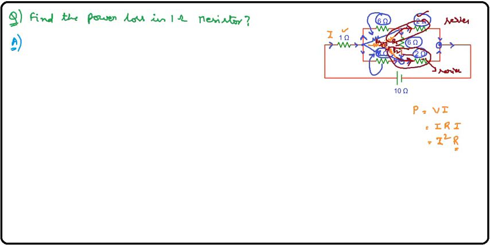Finally, this combination is in parallel with this combination. You can see the current is divided here for both the combinations, and the current is added again here. So obviously this combination is in parallel with this combination. Once we have solved this part, this 1 ohm resistor, R3 and the entire combination are in series. You might be confused with all these things, but this is the flow. Let me start solving one by one in a systematic manner.